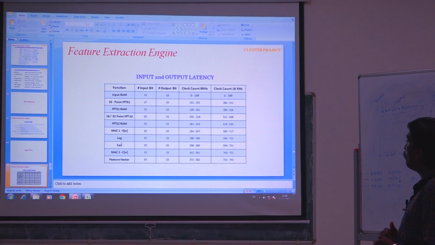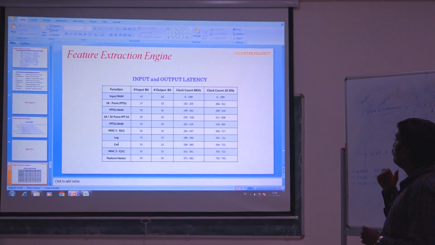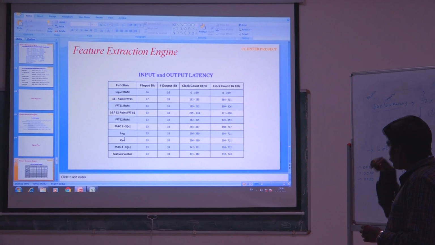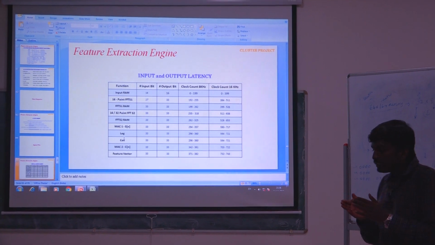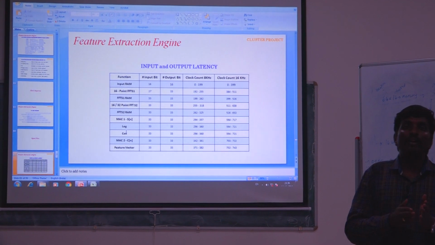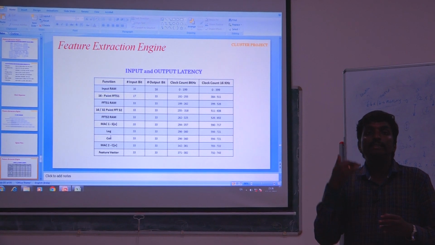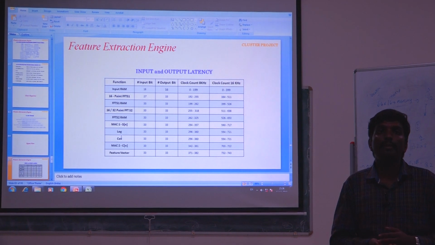Similarly, for the Mach 1 of S of n, it will go to 294, which is actually the 64th sample of the S of n. So, as we said, the 0th bank and the 60th bank will start operation at the same time, which is actually